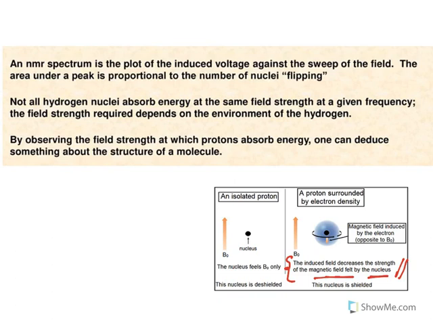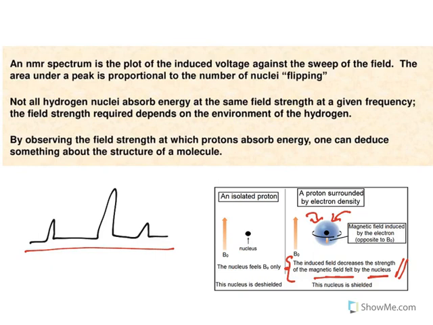So how much is it decreased? It is based on the number of electrons revolving around that proton. Every proton has a different kind of electronic environment. Every group of protons has a different electronic environment, and that is what we call equivalent protons. These equivalent protons will give a signal, and the non-equivalent protons will give a different signal, and that is the reason why we get different peaks like this. This is the unique principle of NMR.